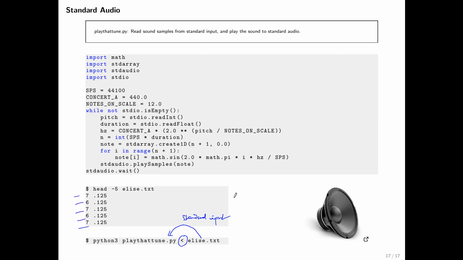And if you actually end up running this program, here is how it would sound like. Okay, so that's a nice program that shows you how you use the functions from the Std Audio module